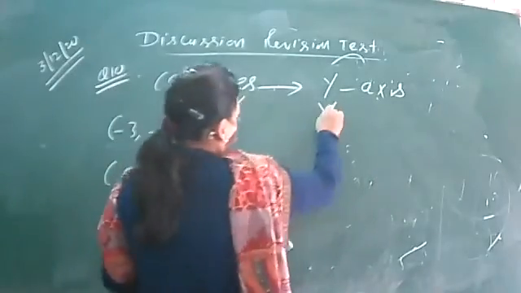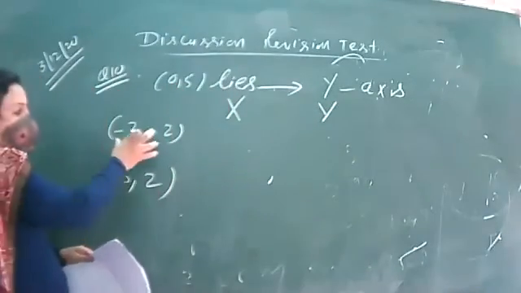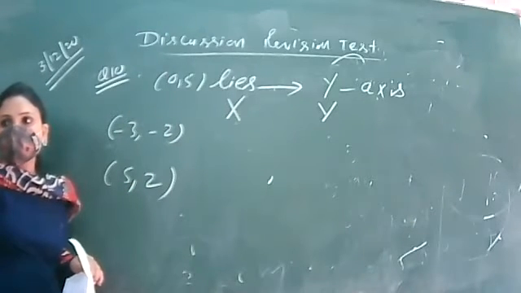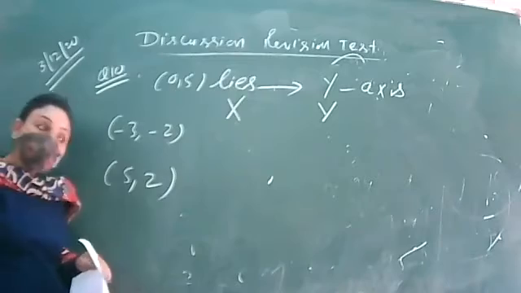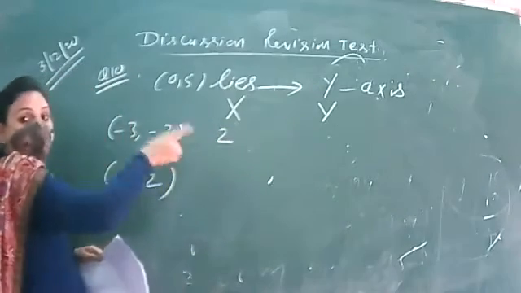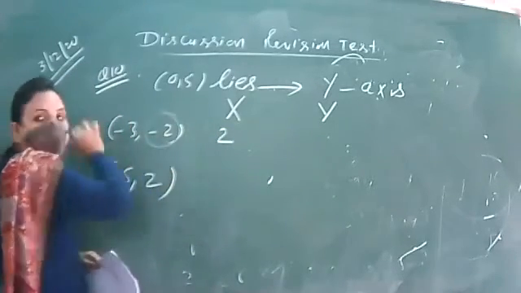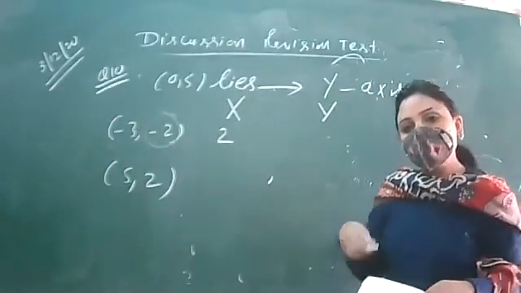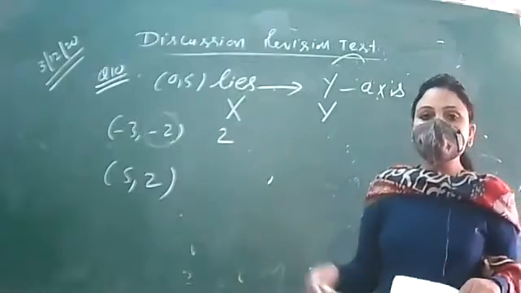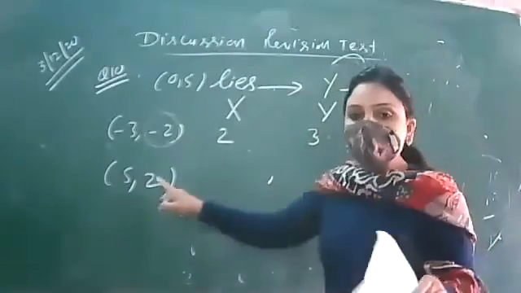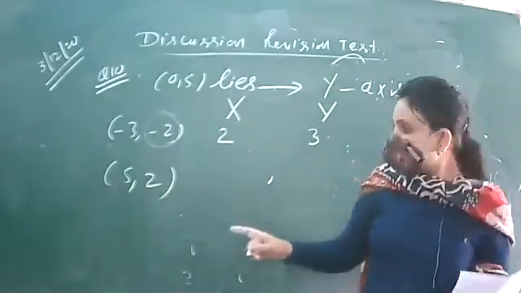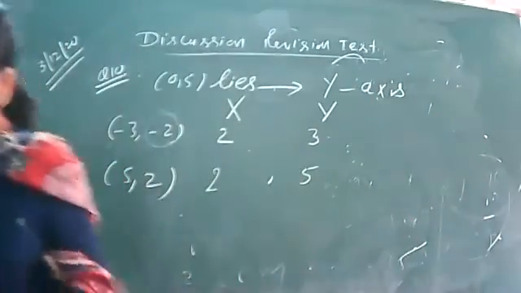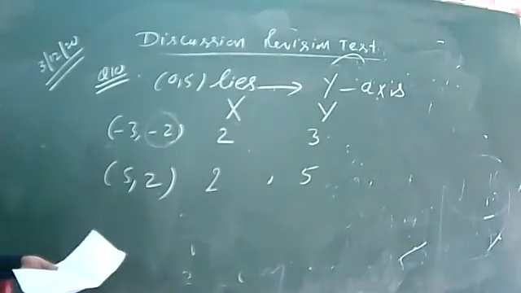X axis, y axis. चलिए, let me know what is the distance of this point from x axis. 2 यूनिट्स, बिल्कुल ठीक. एक तो डिस्टेंस पॉजिटिव, सेकेंडली एक्स एक्सिस से डिस्टेंस कौन सा कोऑर्डिनेट? वाई कोऑर्डिनेट. यहाँ पे भी उल्टा सोचना है. And what is the distance from y axis? 3 यूनिट्स. हाँ जी, what is the distance of 5, 2 from x axis? 2 units, 5 units. Always positive distance. ठीक है. This is the 10th question of the test we are having.